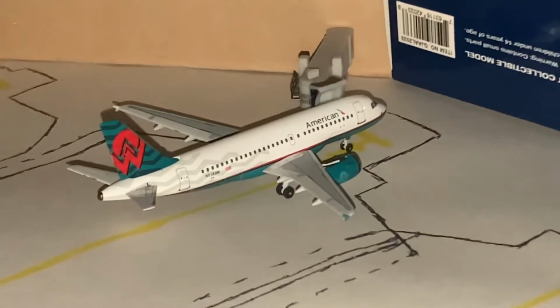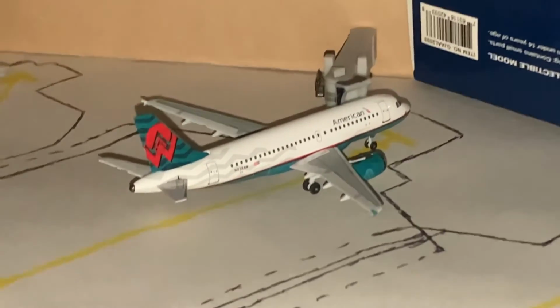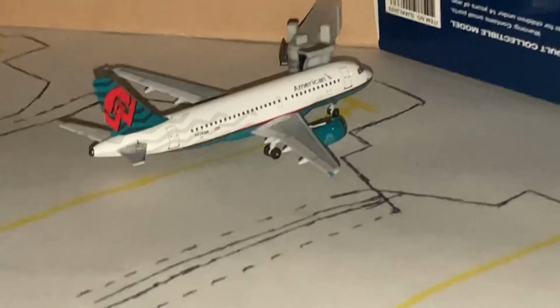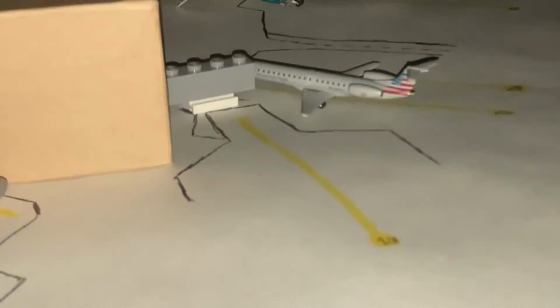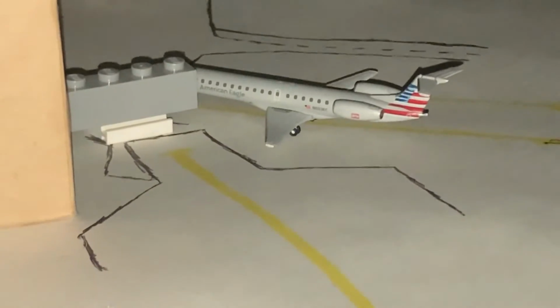So really nice to see there, two beautiful models by Aero Classics, and glad to include them both here in this Madison update, as I usually do with the American A319, but not as usual with the Delta A319. And we'll conclude the update with the rest of the Americans, starting with the UN-45 operated by Envoy